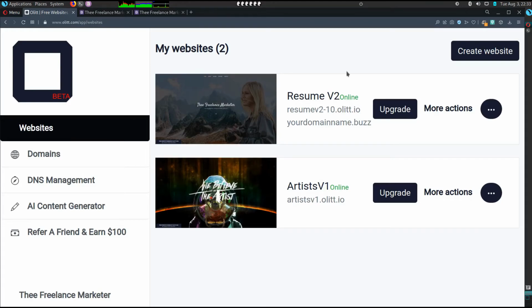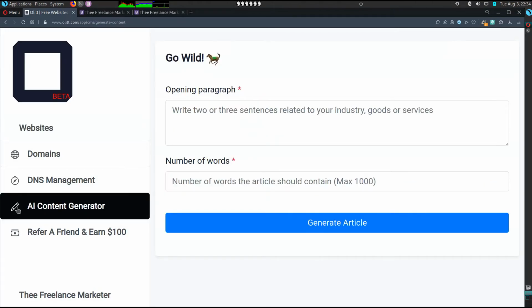So the last thing I'd like to show you, just a quick thing, is this AI content generator. We were able to see it and use it during the editing of the site at the online builder. But let's see how it works on the dashboard using different texts, or using the maximum number, which is 1,000. So the first paragraph we're going to use is